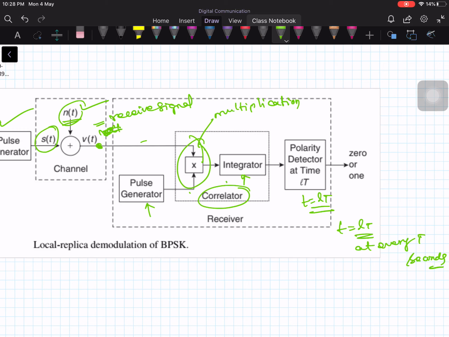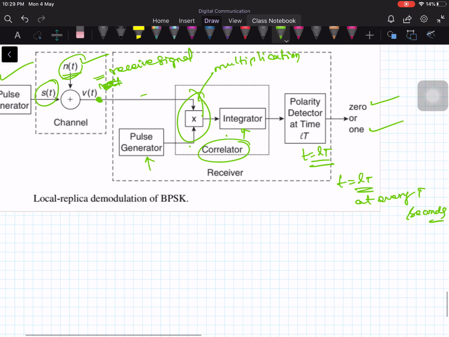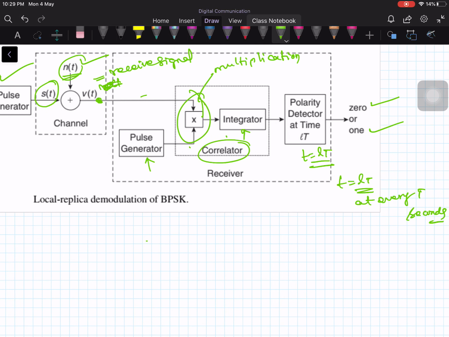Okay, and if it is positive, then let me decide 1, and if it is negative, let me decide 0, or the other way also you can decide, depending on how you are designing your modulating waveform at the transmitter. So it doesn't matter how you are deciding here. It all depends on how you choose your waveform at the transmitter side or in the digital modulation scheme. So this is one form of implementing your BPSK demodulator or antipodal digital modulation using correlator receivers.